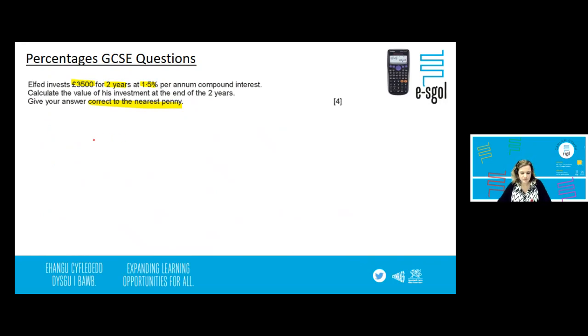So the calculator process we went through was using something called multipliers. So we're going to start by working out what our multiplier is. Okay, and to find that, we always begin with the 100%. And if it's an increase, we'll add it on. And if it's a decrease, we'll take it away. So because interest is added on, this one is an add-on question. So we're adding on 1.5% to that 100%. That now means we have